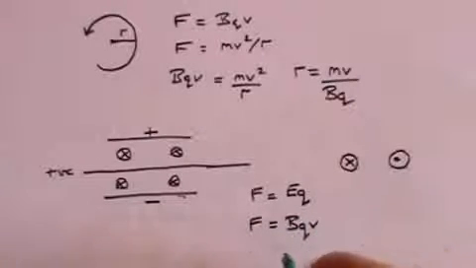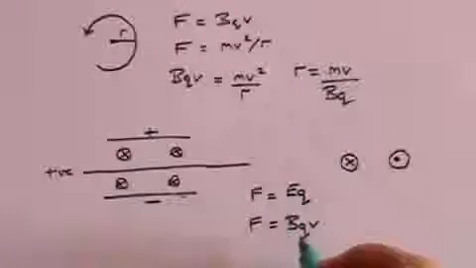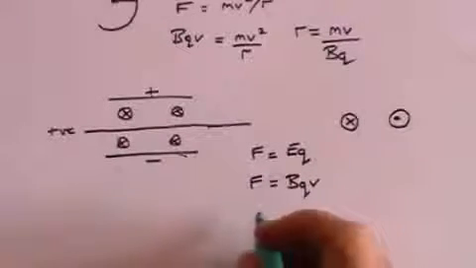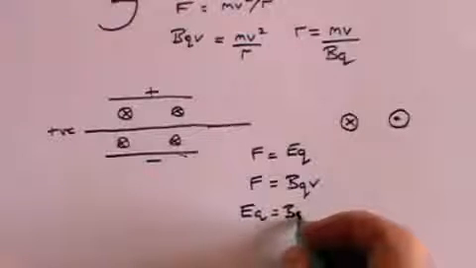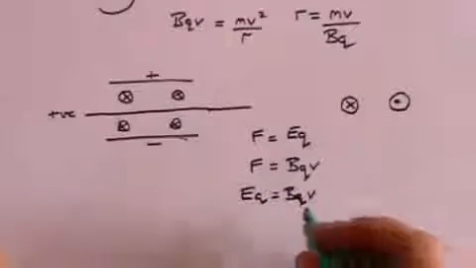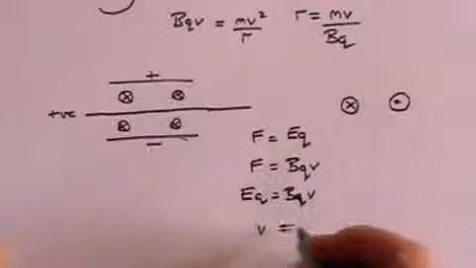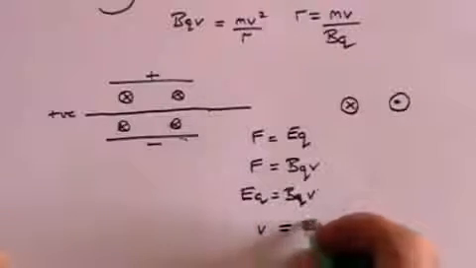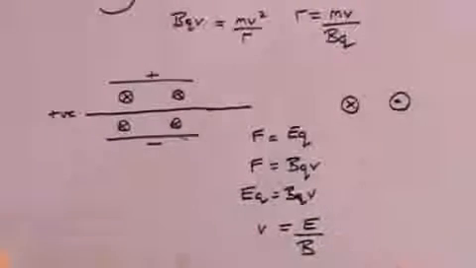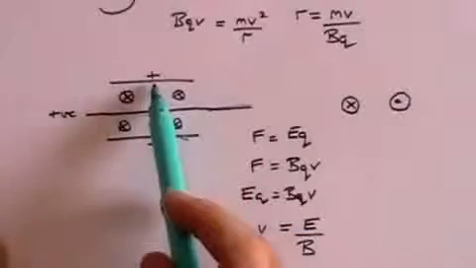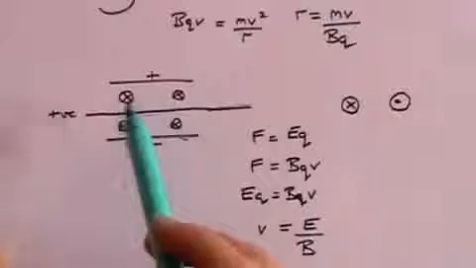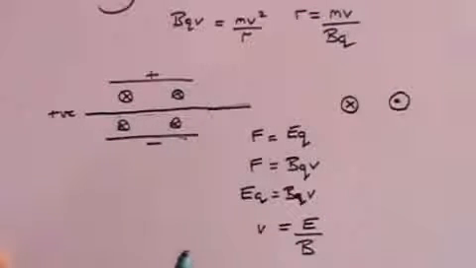It's BQV. And when those two are equal, EQ equals BQV, which means if you rearrange that, V is equal to E divided by B. So when the velocity of those particles is equal to the strength of the electric field divided by the strength of the magnetic field,